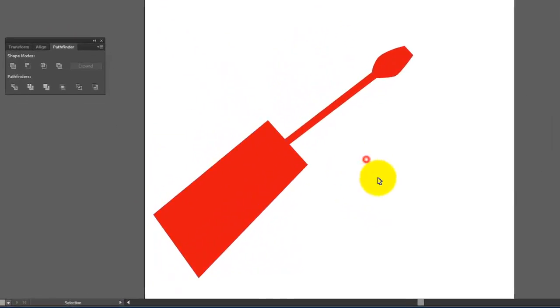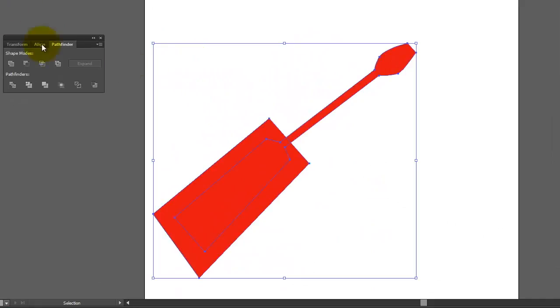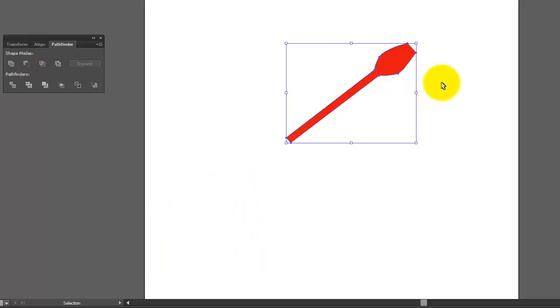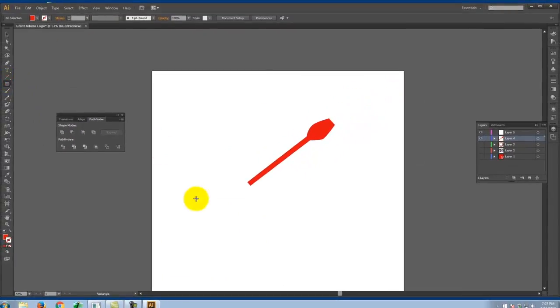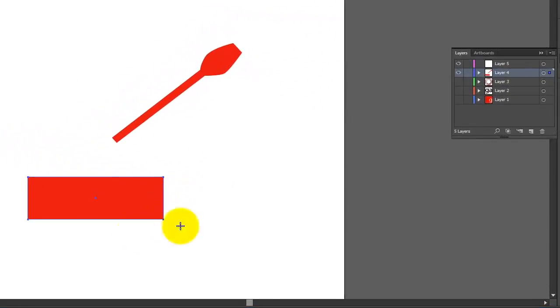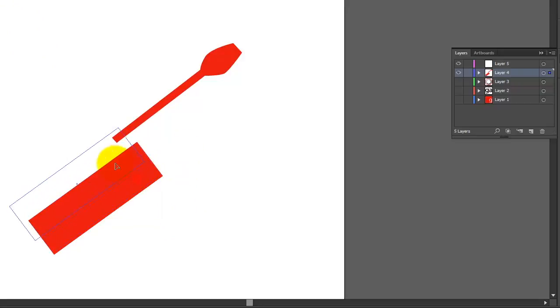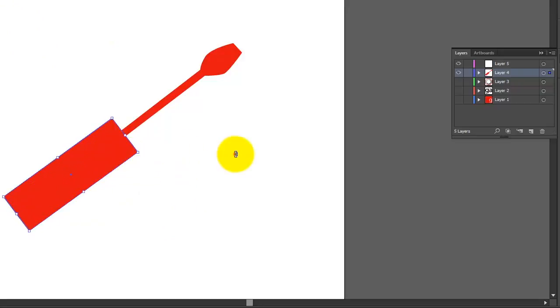So let me take both of these objects here, and I'm going to use Pathfinder, and I'm going to subtract the front from the back. Okay, now I just have this piece, and I could come back and start with, say, a rectangle to represent the handle, and then I could rotate that until it felt right. I could put these two together, something like this,